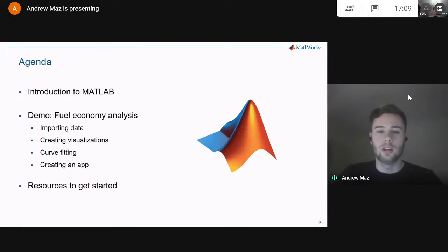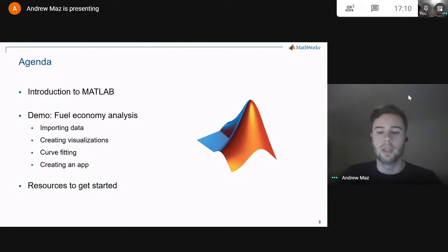And then we're going to look at a short demo of analyzing how efficient certain vehicles are with their fuel. I'm sure, as you know, climate change is quite a critical issue right now. We need to be thinking to ourselves, if we have vehicles that are still using petrol, how many miles per gallon are they getting? How far are they going on this fuel? That kind of thing. And this involves importing data from quite large Excel files. You're not going to see any of that. That's all